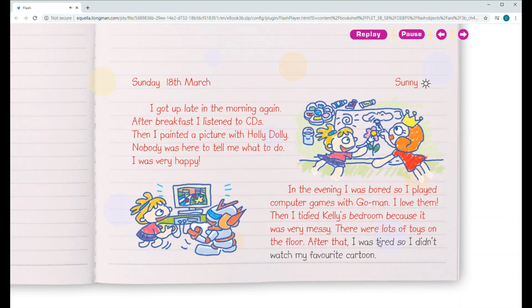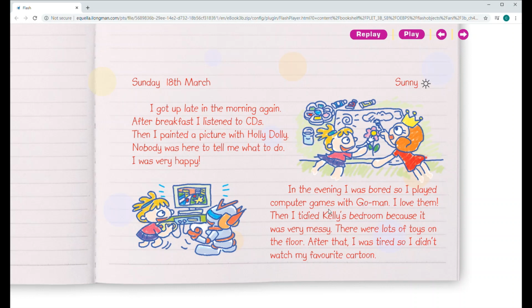After that, I was tired, so I didn't watch my favourite cartoon. Okay, so the past tense in the evening entry were: I was, I played, and I tidied Kelly's bedroom. Tidied. It was very messy. We were tired and I didn't watch. Now be careful that I love them. We didn't write I loved them because